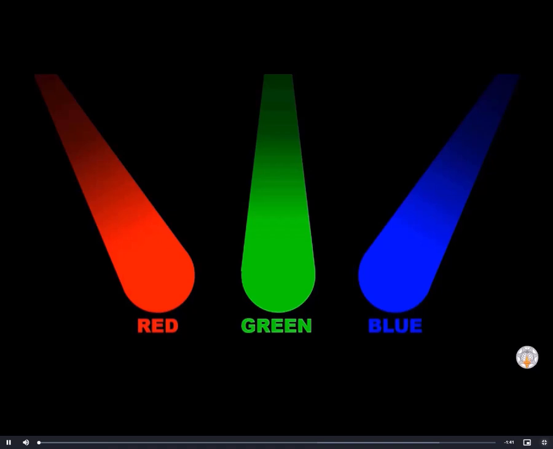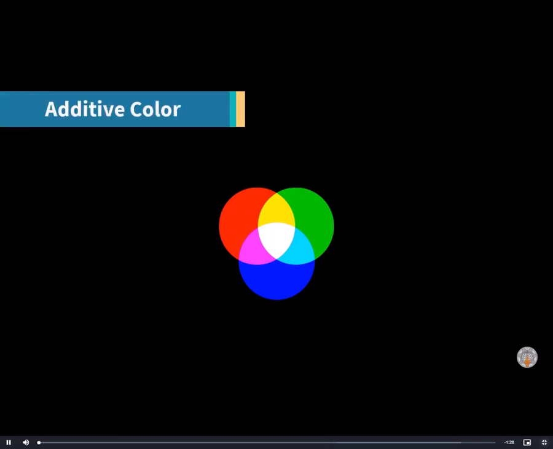Here, the sun is the main source of light. So, when we add all of the different wavelengths of sunlight, we see white light rather than many individual colors. It is called additive because all of the wavelengths still reach our eyes. It is nothing but the combination of different wavelengths that creates the diversity of colors.